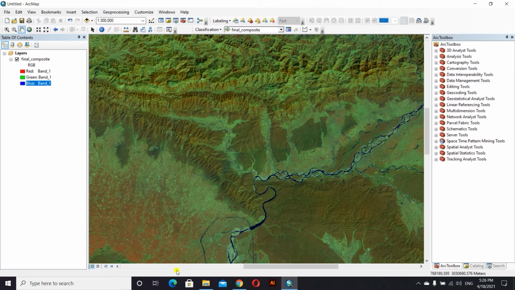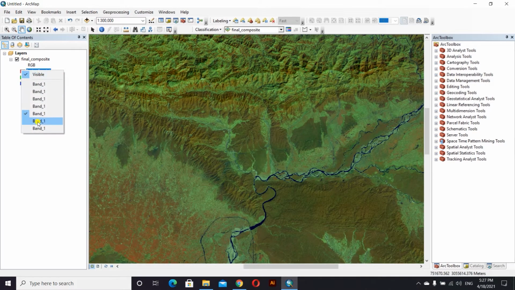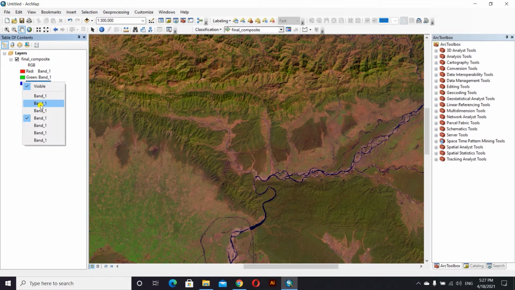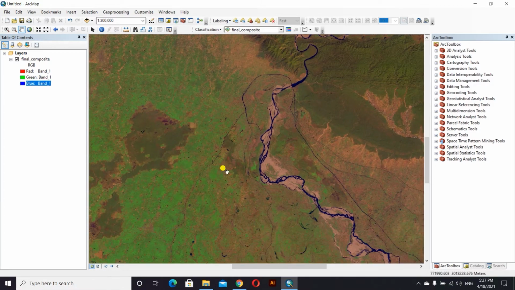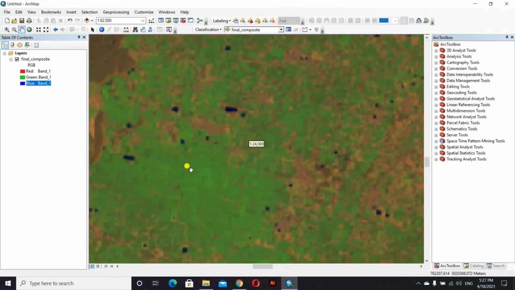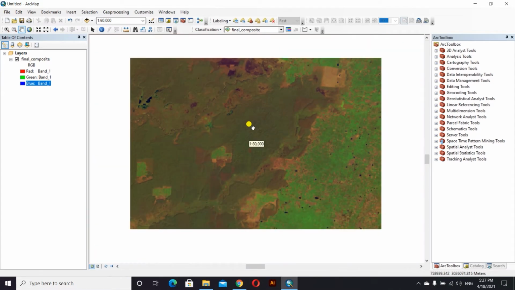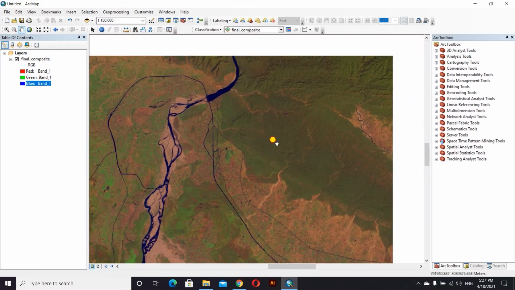Similarly, let us see agricultural: 6, 5, and 2. The light green is agricultural land, and look at this dark green, this is forest area.